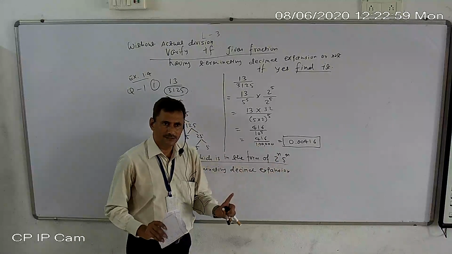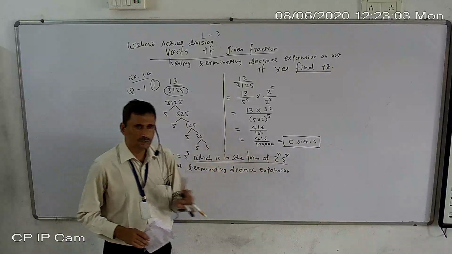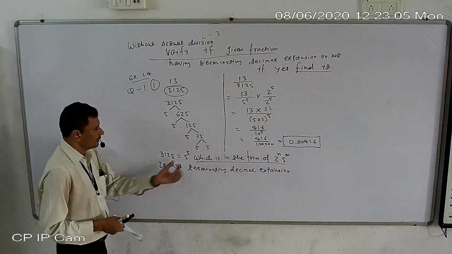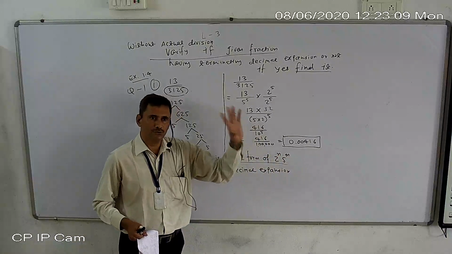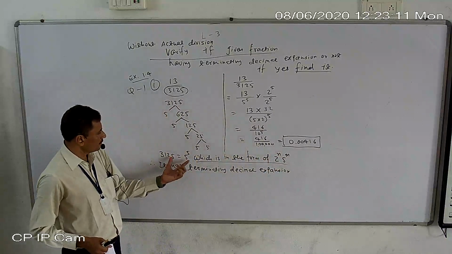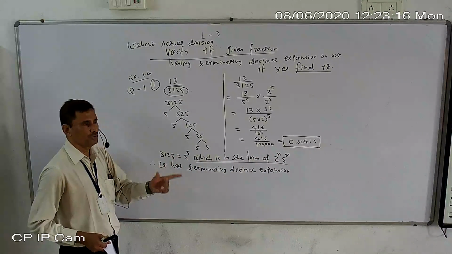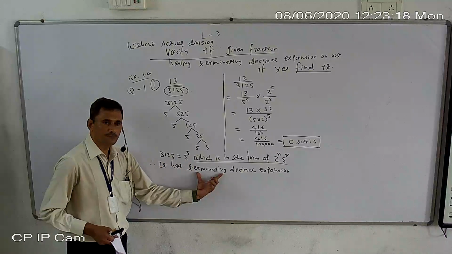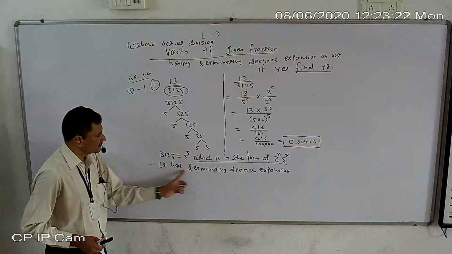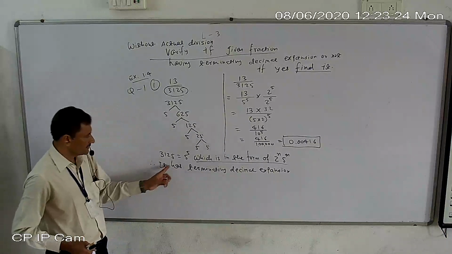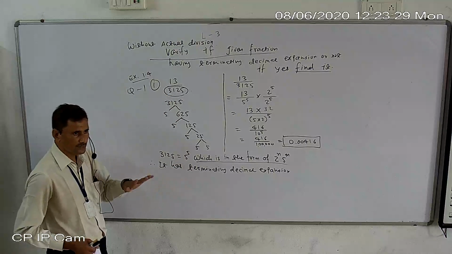It just suggests that the denominator has only 2 and 5, nothing else. Here n and m are any whole numbers: 0, 1, 2, 3, 4, any numbers. So if we have 5 or 2 or both, then it is terminating, otherwise non-terminating. So we give the answer in the positive way, meaning it has a terminating decimal expansion. This is our first part over, we verify.